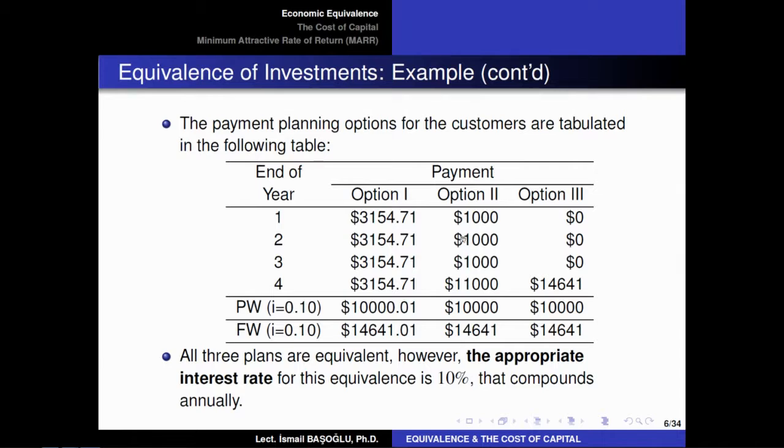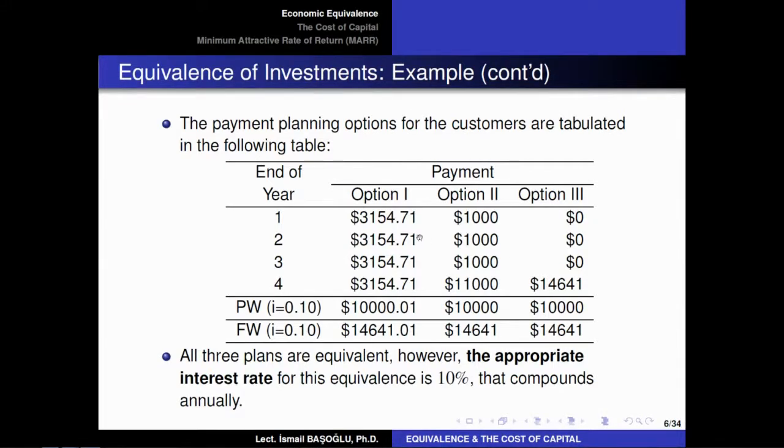For those years the customer is going to pay the interest only, therefore the capital is going to stay the same. But at the end of the fourth year, the capital plus the annual interest will be paid. And in option 3, there is a direct calculation of the future value at the end of the 4 years. So there will be 4 times of compounding of this 10% interest rate, which will make the total debt